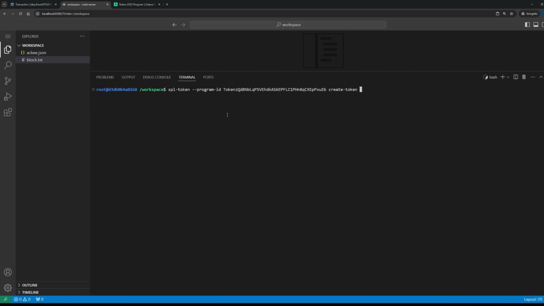So I can create a native token without Metaplex using the Token 2022 program, and I can enable the metadata. In the metadata, I can then store additional information, for example, name, URI, and symbol. So let's enable the metadata. Really simple. Enable metadata and press enter.